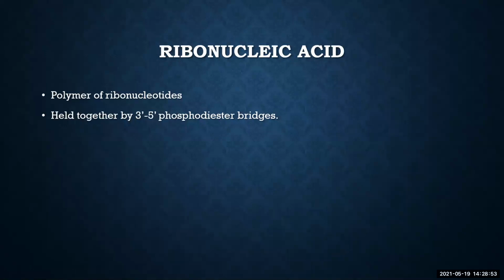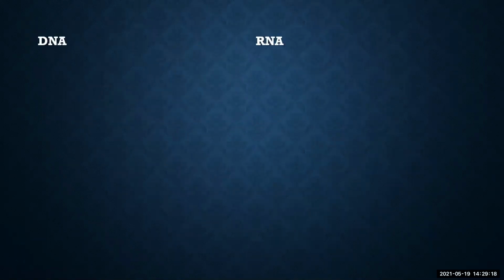So what I am expecting you to remember now is certain key points of DNA, key differentiating points of DNA, very specific points. Okay, special properties of DNA, and what we are going to do is differentiate or compare it with RNA and see what differences are present. Okay, so starting with the pentose sugar. In DNA, it is deoxyribose. In RNA, it is ribose. Okay, that's the first difference.